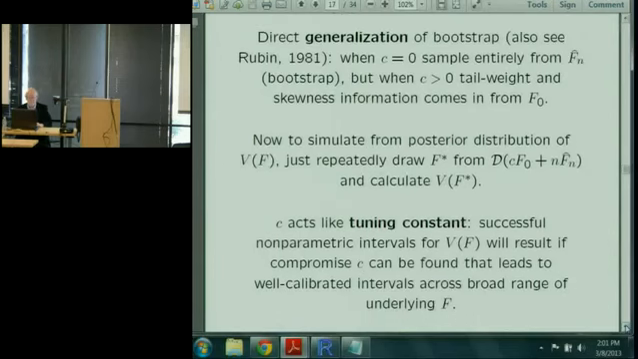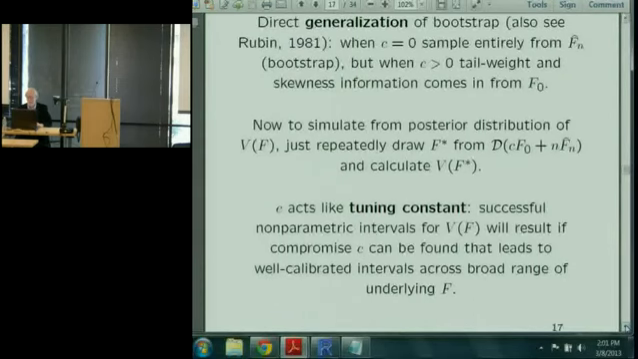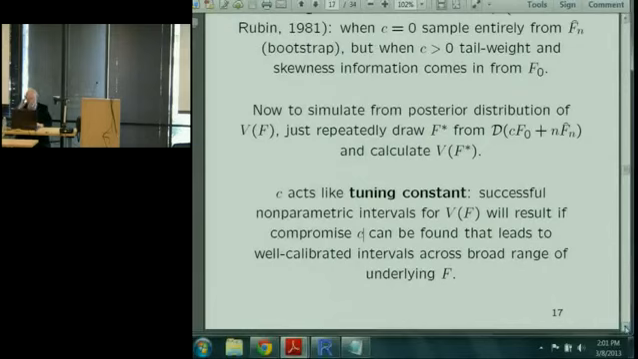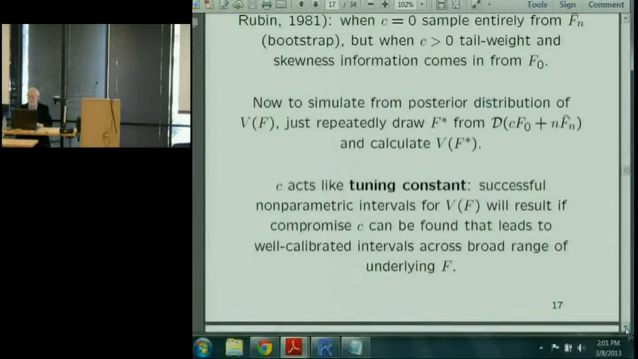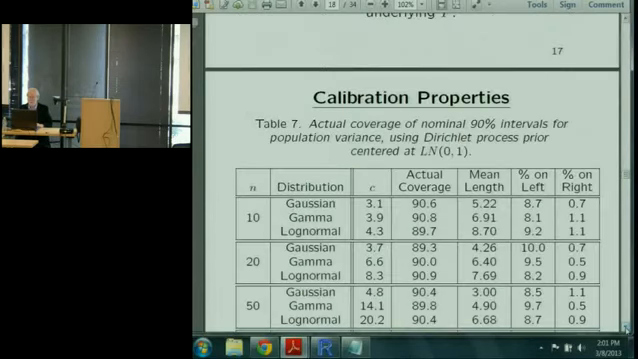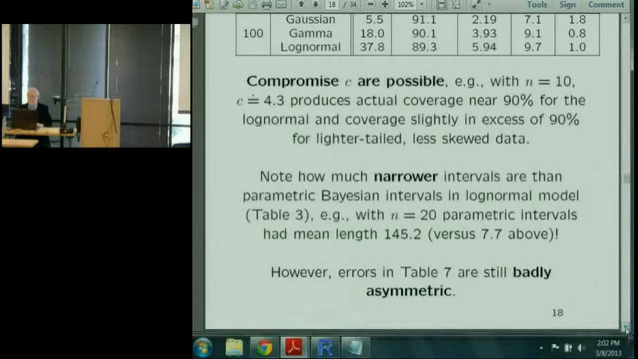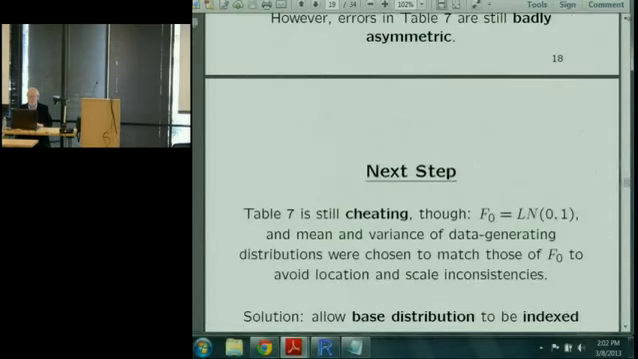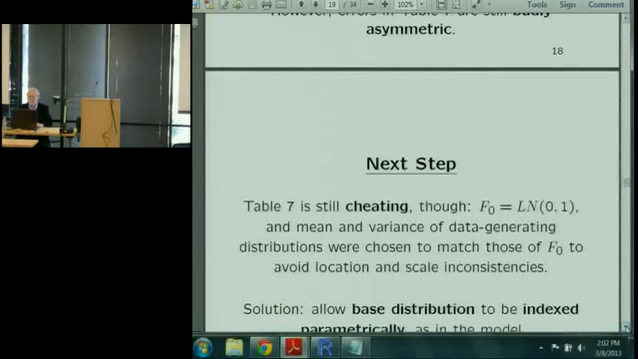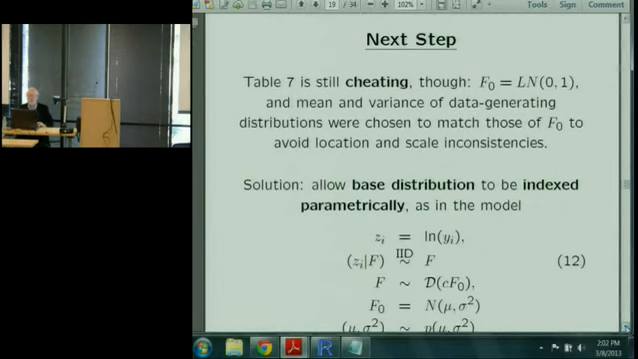So basically, this at the bottom, page 17, that I said out loud, is saying again here on the page that C acts like a tuning constant. And so when I'm trying to get successful Bayesian nonparametric intervals for the variance of the log normal distribution, I can choose a compromise C that works really well at the log normal, and it also works at other underlying Fs. And so there are some tables that show that my student and I showed that it's possible to come up with compromise choices of C. But this table that I showed you is still cheating because I'm using the standard log normal